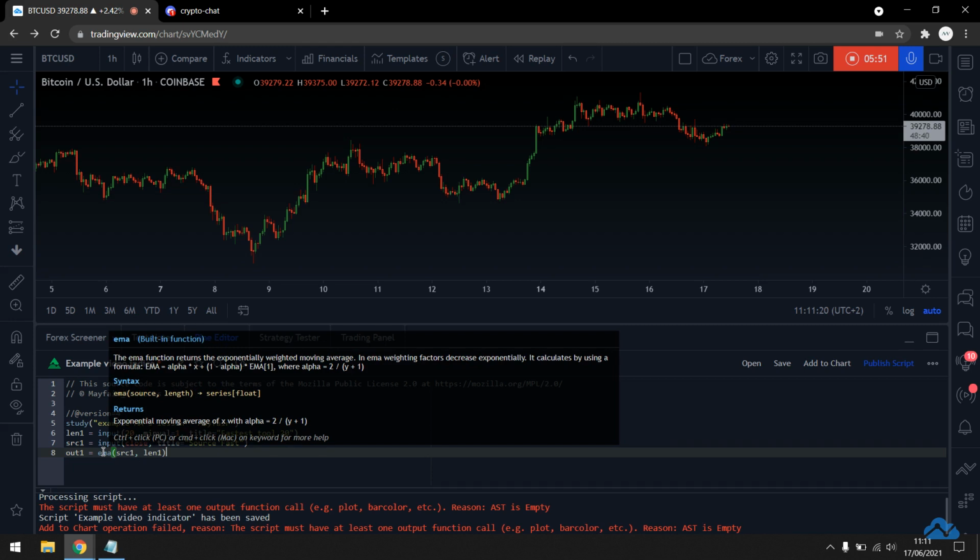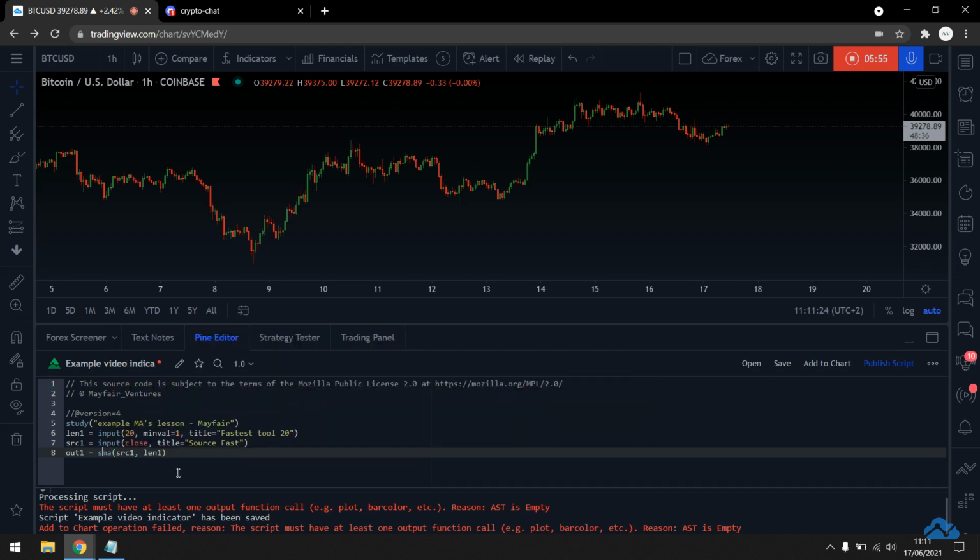I'm going to say I'd like to change an EMA to an SMA. And I'm going to refer back to this being the SRC one, which is the close position. So it's looking for the close of the simple moving average, and then the length that I've inputted.